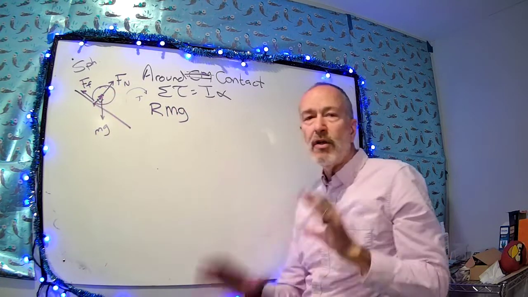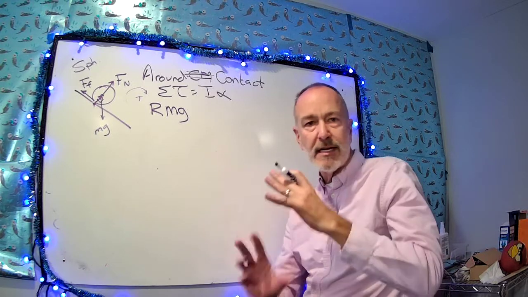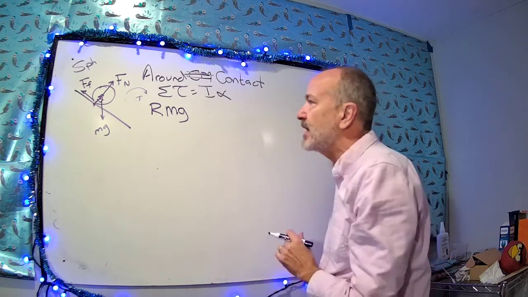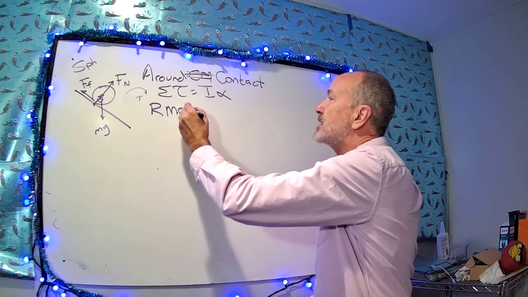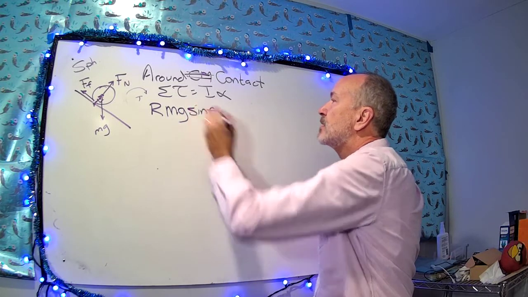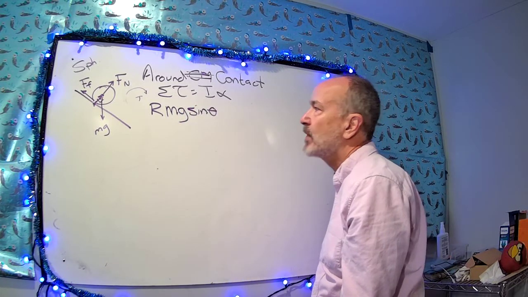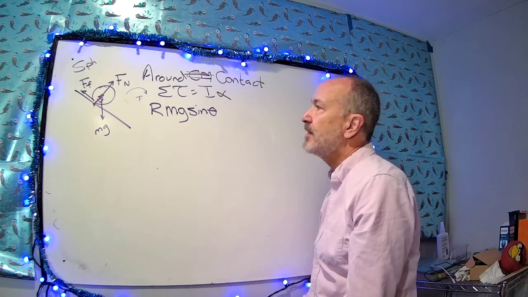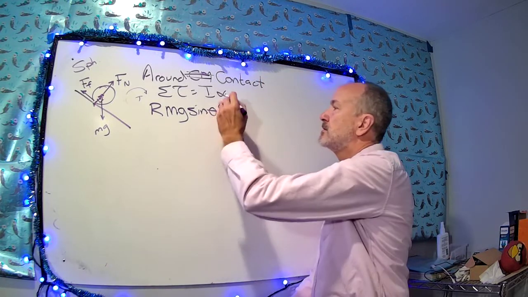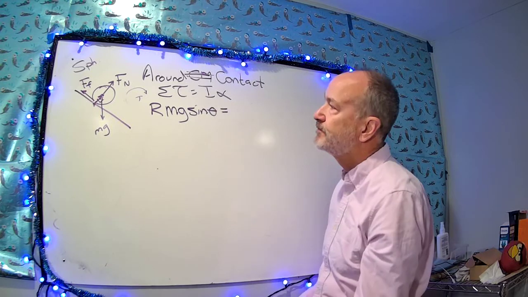We could do all the fussy trig and geometric identities, but that ends up being the sine of theta. R mg sine theta equals